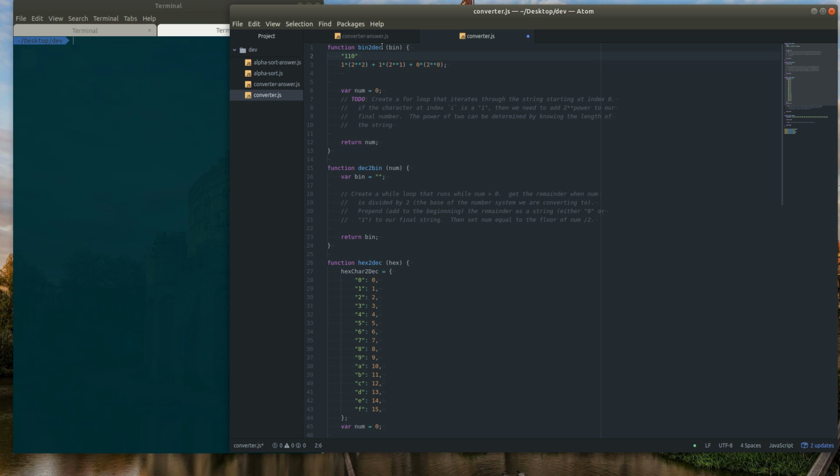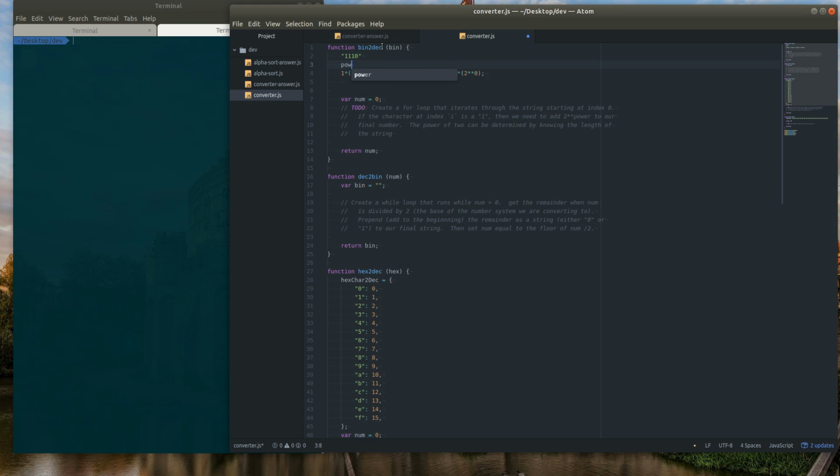If the length of the string is 4, then the first power is going to be 3. Okay, so you can write that in code however you need to, but you're going to have to do something like, the power you're going to raise it to is going to equal bin length